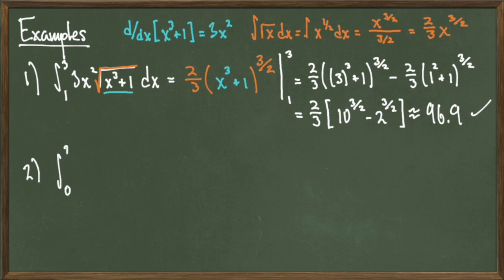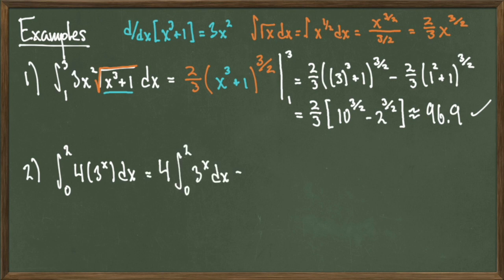For our second example, we will take the integral of 4 times 3 to the x from 0 to 2. First, I'm going to factor out that 4, so that I'm looking at an integral rule that we already have. We have a rule that states what to do when I'm taking the integral of an exponential function with a base that is greater than 0 and not equal to 1. Since of course 3 is greater than 0 and not equal to 1, we get that 4 times the integral of 3 to the x from 0 to 2 equals 4 times 3 to the x divided by the natural log of 3